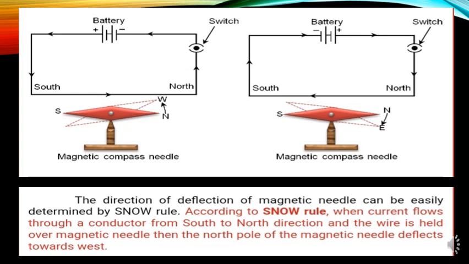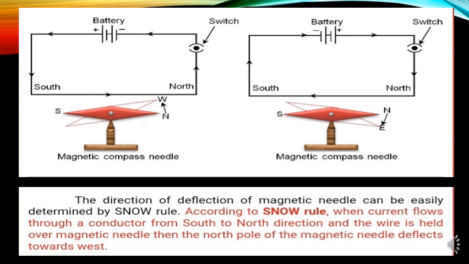Now by passing the electric current through the wire and pressing the switch on, we can see the deflection in the compass from its north-south position to another position, and when the current is switched off, the compass needle returns to its original position, that is parallel to the wire.